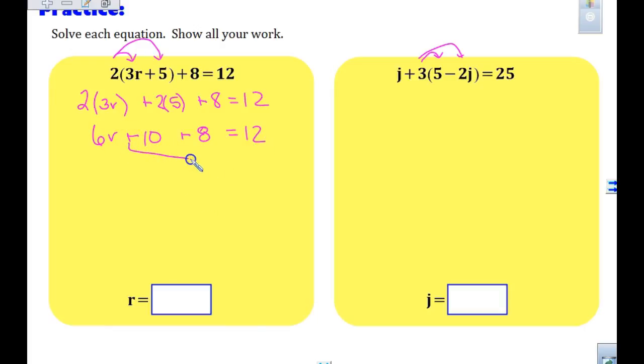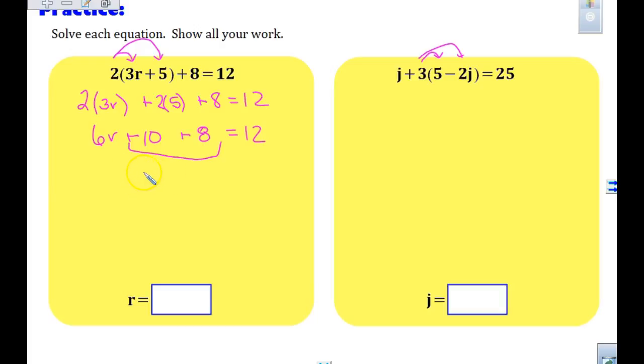Some of you are not adding your like terms. These are my like terms. They're constants. I want to do that next. So, I don't want it written down like that. That will get marked wrong, okay, because you're not showing me both sides of the equation all the way down. You're just showing me what you do on one side. I need the whole thing. So copy this like I have it. If you don't want to do that, just know you're just setting yourself up for getting a 0 on this,